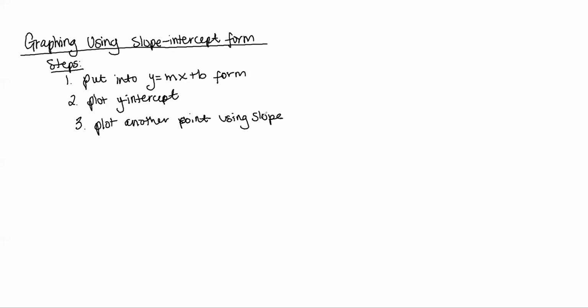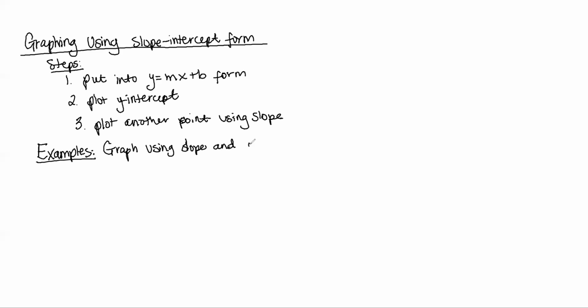So y-intercept, plot another point using slope, and you should have your line, and you can draw your line through those 2 points. So now let's go ahead and look at some examples. And again, if you have graph paper, perfect, I would go ahead and use it. I don't, so these might be a little bit messier than yours. All right, so we want to graph using slope